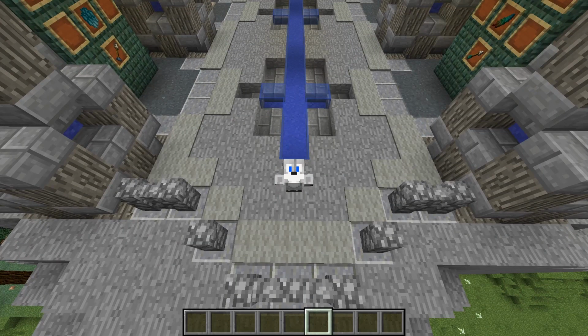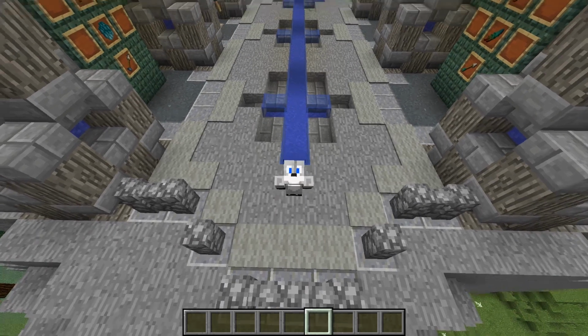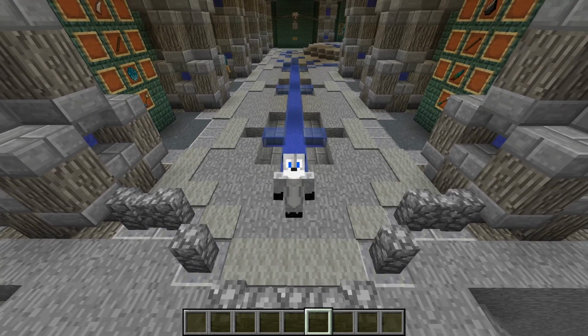Hey, Platinum Fox here, you can call me Plat, and today we are back with another Ice and Fire mod showcase. Two new mobs, the Amphitheater and the Sea Serpent, have just been added, and they are absolutely amazing. So let's dive right into this